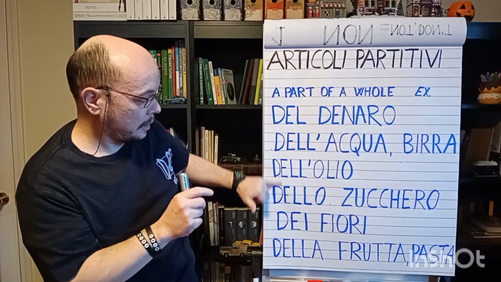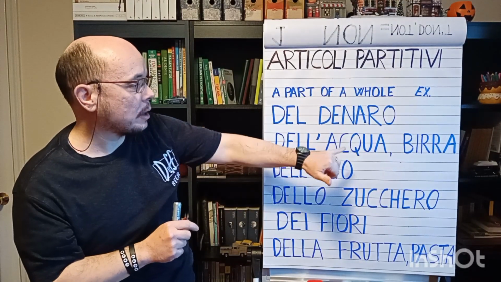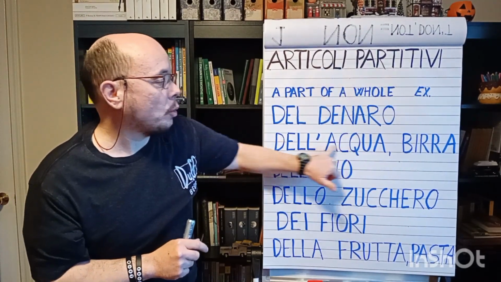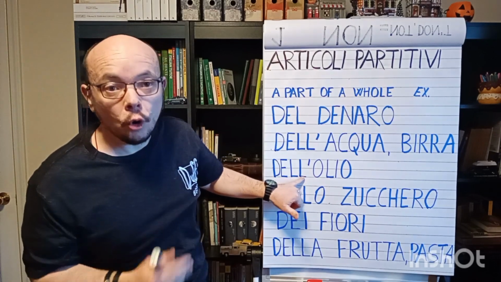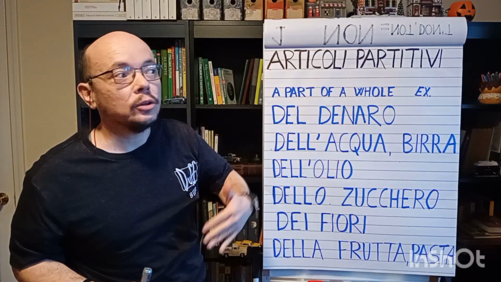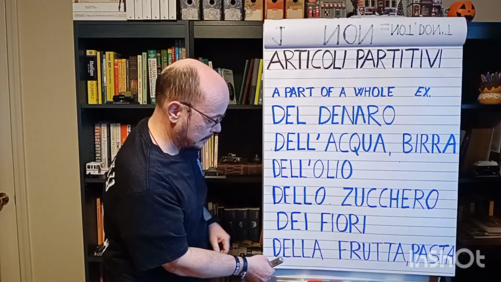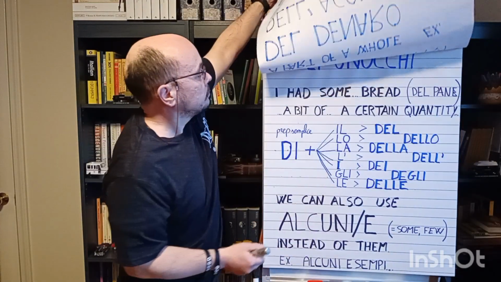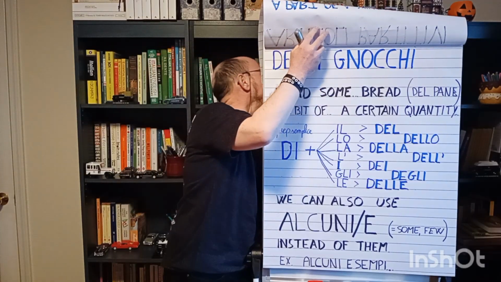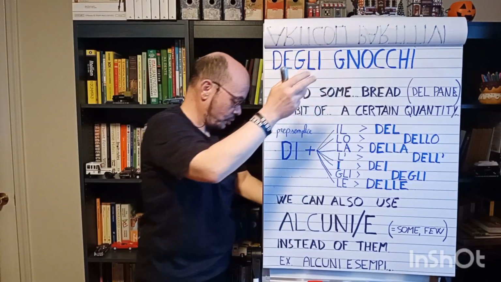dell', are the determinative articles, of course: del denaro, dell'acqua, della birra, dell'olio. So masculine, feminine: l'acqua, not la acqua, and l'olio, not lo olio. So the apostrophe form is just a variation of del, dello, della, dei, and degli. So the determinative articles, I'm sorry, a little mess down here behind the scene, something is falling down,